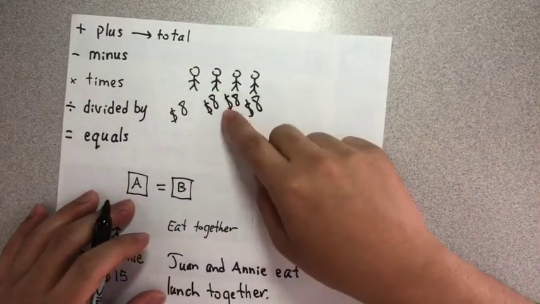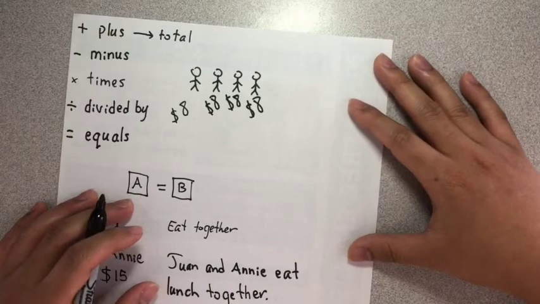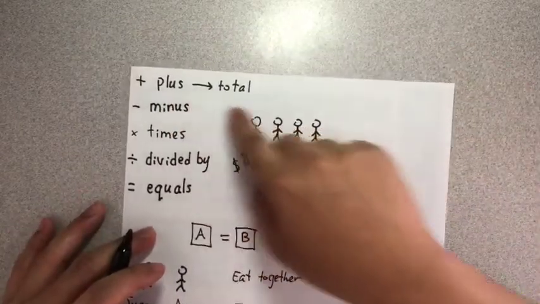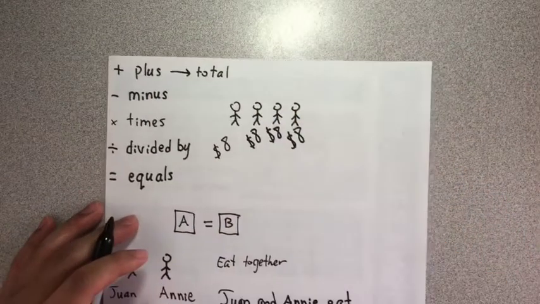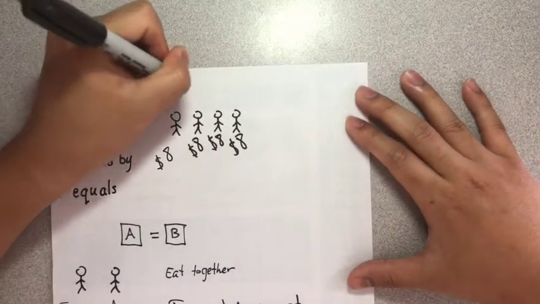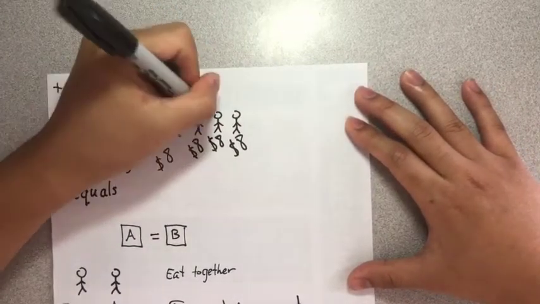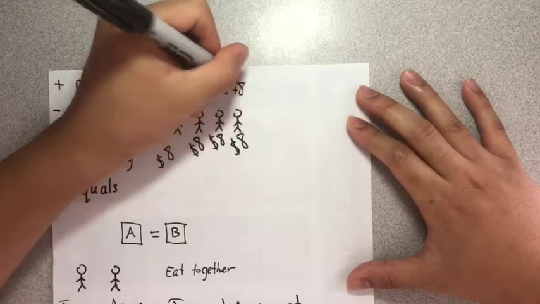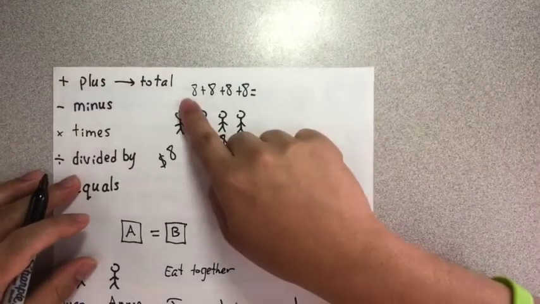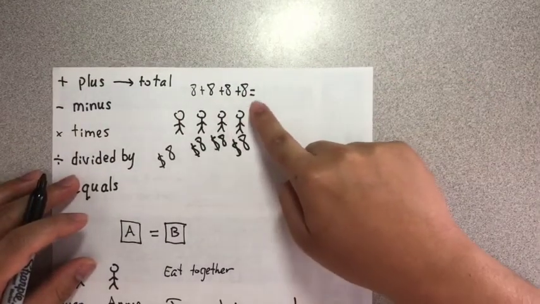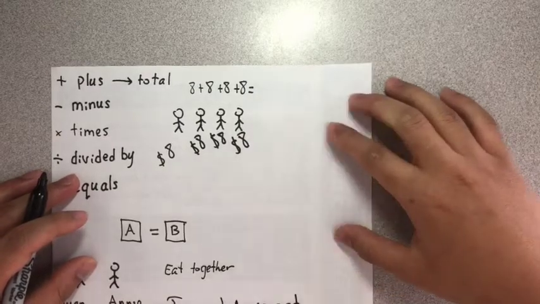There are 4 people, and everyone has $8 for lunch. How much money do they have in total? Well, we can write 8 plus 8 plus 8 plus 8 equals,